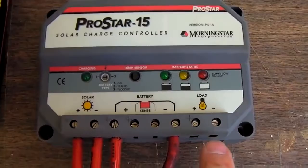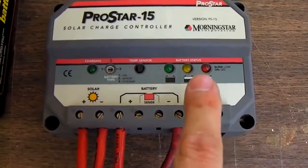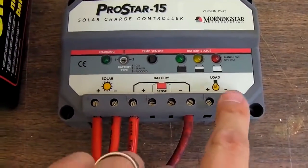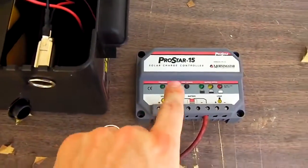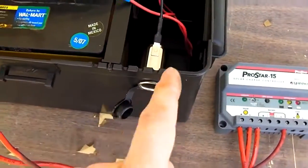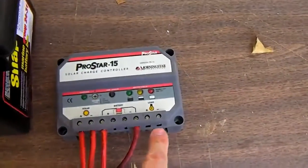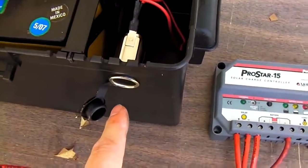These load terminals, what you can do is you can actually run things off of this. When the battery gets down to a certain voltage, it's going to go ahead and disconnect whatever is attached to the load terminals. So what you could do is, if you had this mounted properly on the box, vertical, because it's got a heat sink on the back of it, say it was mounted on the front, you could take the cigarette lighter, positive and negative, and run them off this load terminal, so that whatever you have plugged into the cigarette lighter